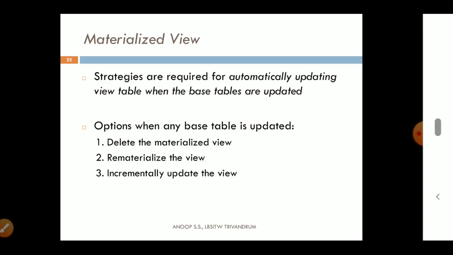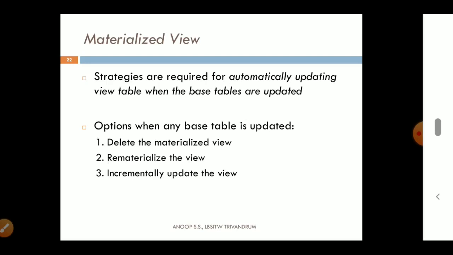We don't need to change the entire table, or process the entire select query again. We just need to cascade the update to the temporary table. So these are the different strategies we use to update the materialized view. We can adopt any of the three methods.